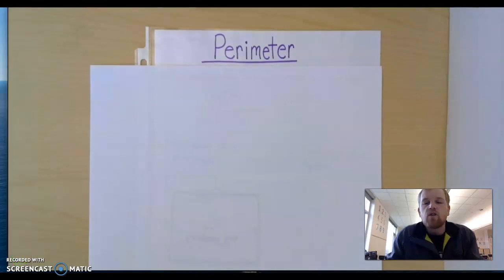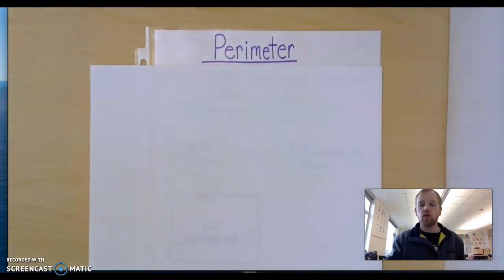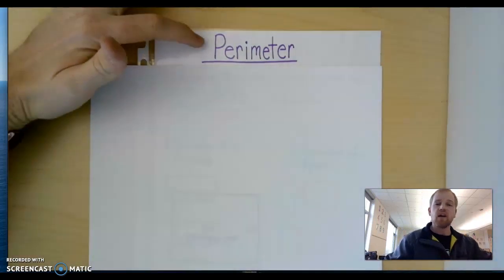Today we're going to be starting our new chapter. This will be chapter 13, where we are working primarily on perimeter and area. So we're going to start with 13.1 today, where we're talking all about perimeter. All right, so first, before we get started, we're going to take a look at perimeter and what that